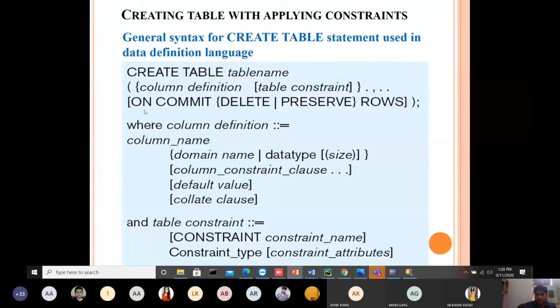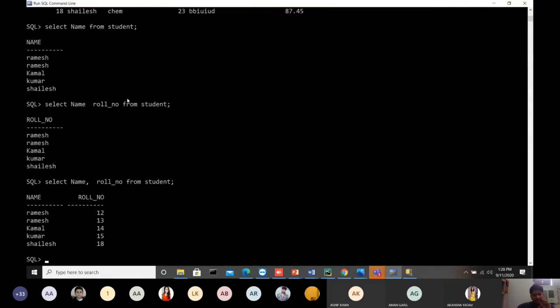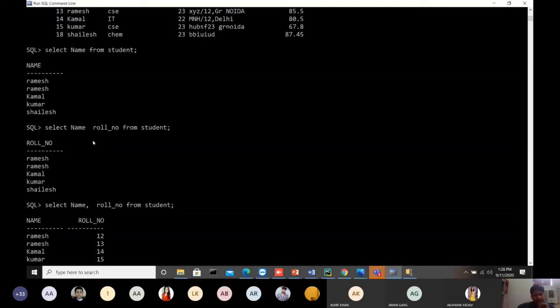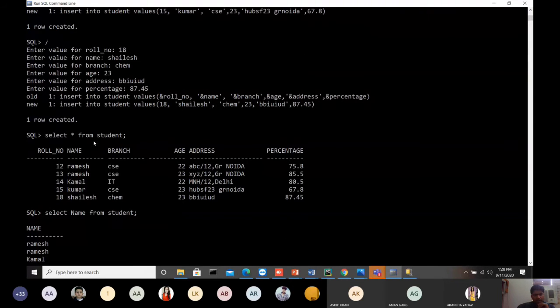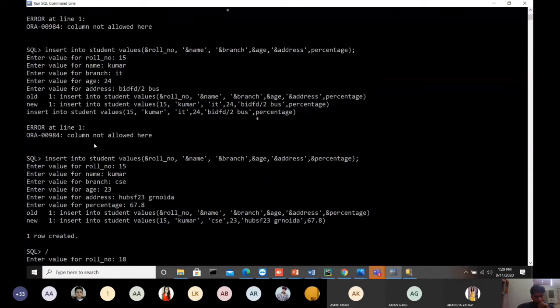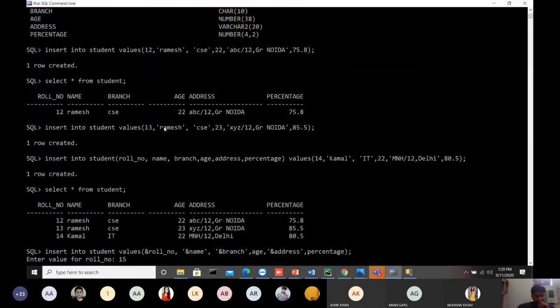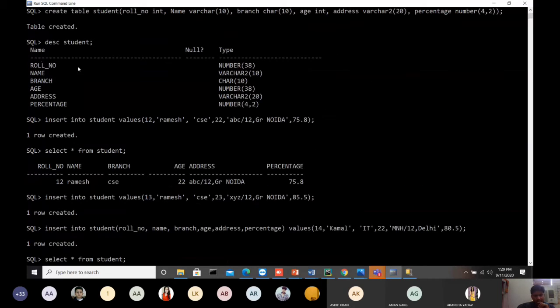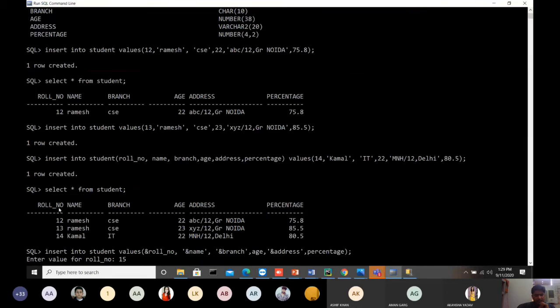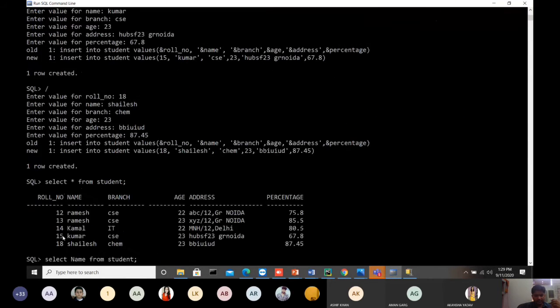Now creating a table: till now we are creating just a table, but we are not specifying any constraint here. Like when we describe, no constraint is written with this. Here, if you want to insert a roll number as 12, then you can insert again.